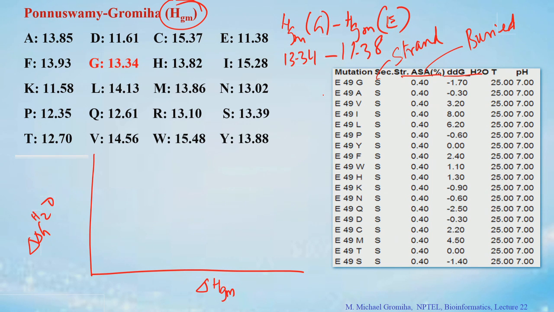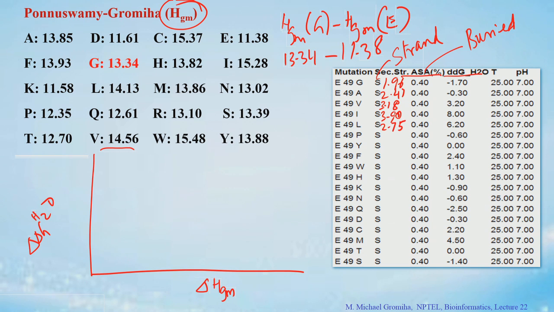For this case, the value is 1.96. And the second one is 2.47, and the third one E49V. So, with this V minus E, this is equal to 3.18, E49I this is equal to 3.90, E49L this is 2.75,